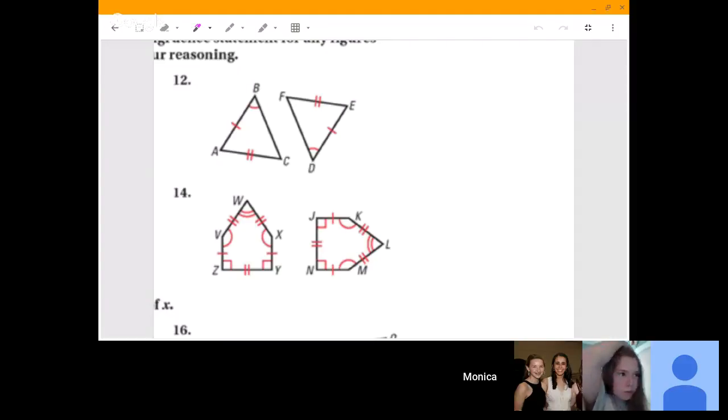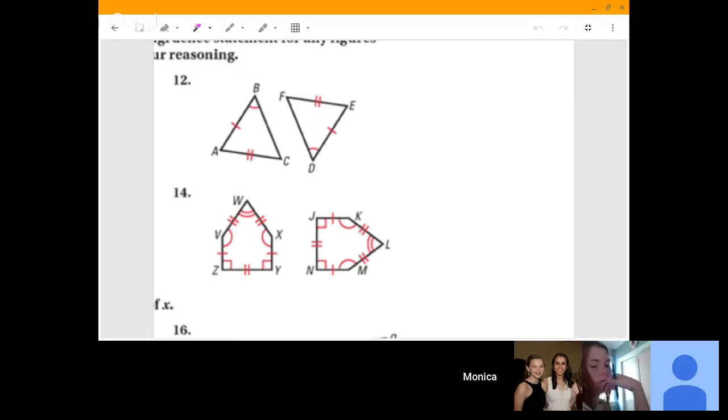Okay, so when we look at 12 and 14, we're supposed to write a congruent statement for any figures that can be proved congruent and then explain your reasoning. So when we look at 12,